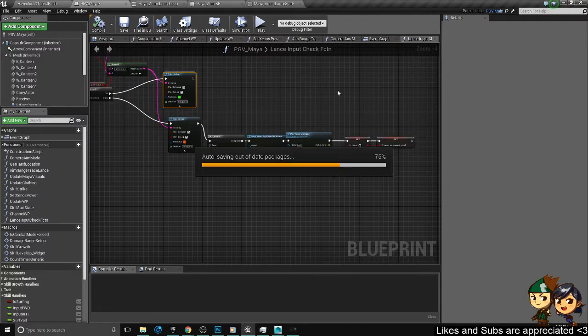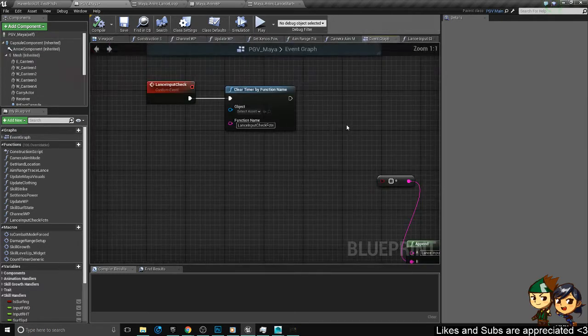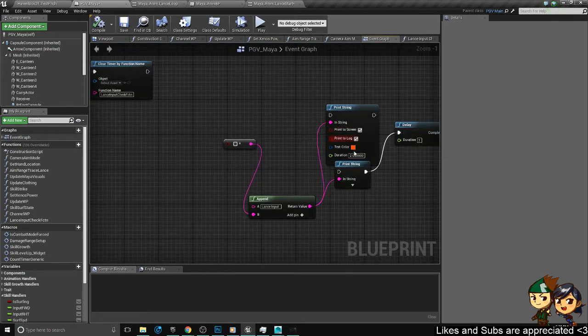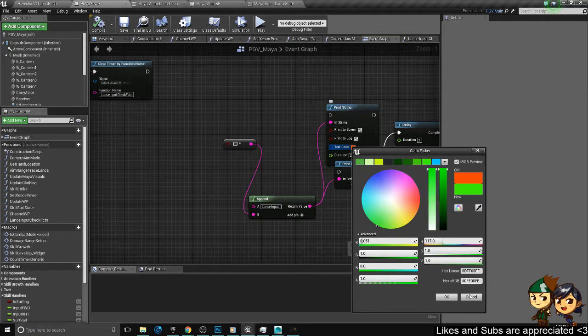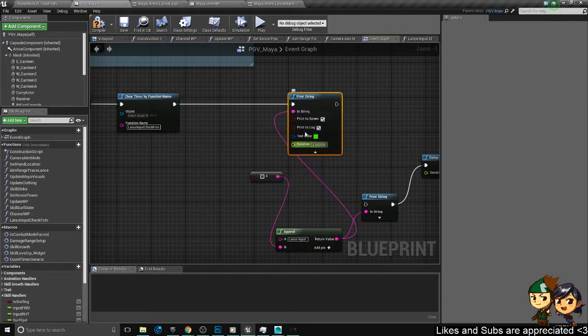On the successful completion of the animation, we want to use this print string here. Set that up like this, and we don't need a dynamic entry here. We can just type